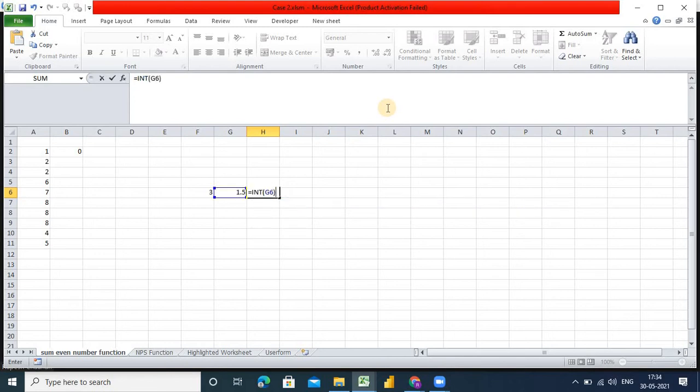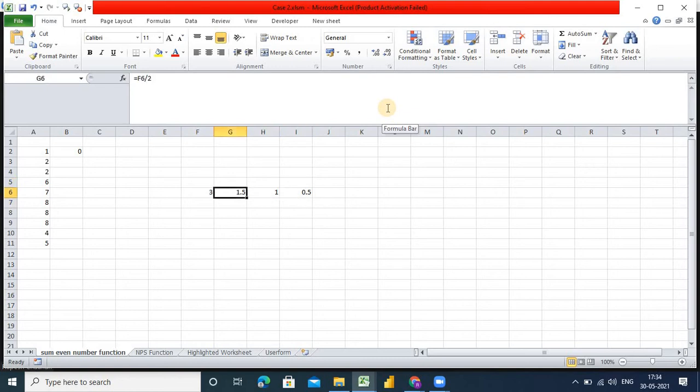Whatever output I got after the division, I subtract the integer of that output. So my value is 0.5 here, so this number is not even.